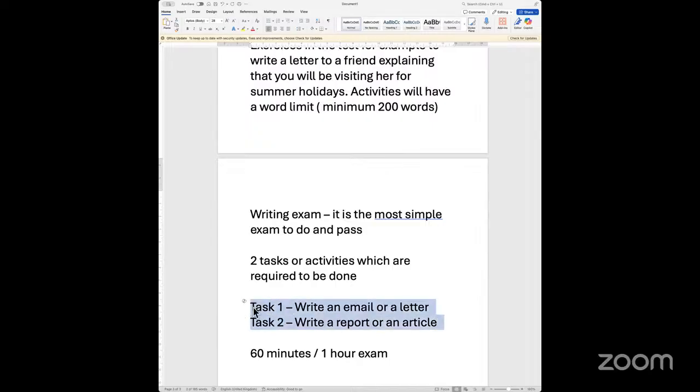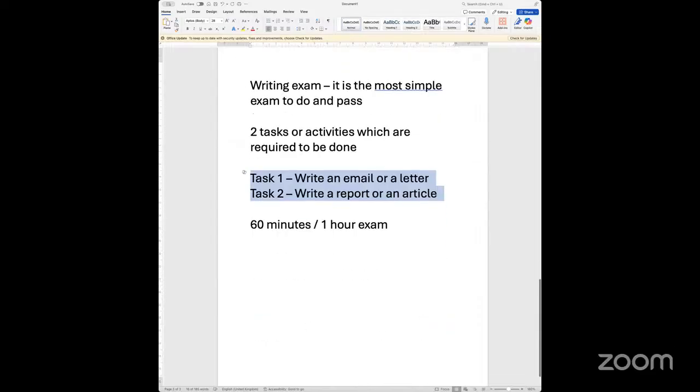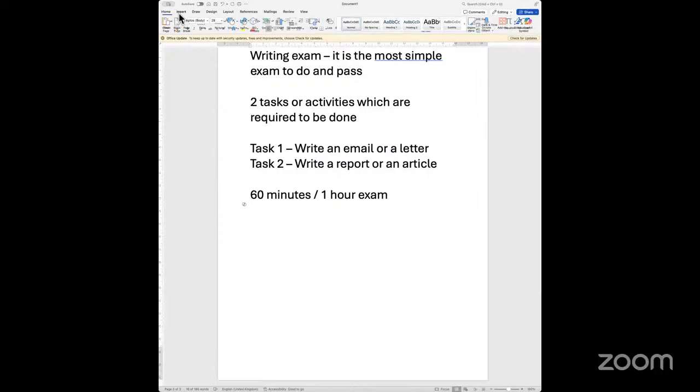Now, what you need to know is how does a letter look, how does a report look, how does an email look, and how does an article look. So visually, I'm going to try and show you how these things look, a formal letter essentially, and an email, a report and an article. So let's look at them just visually, how the letter would normally look if you are writing a formal letter. So let's look at an example of a formal letter.